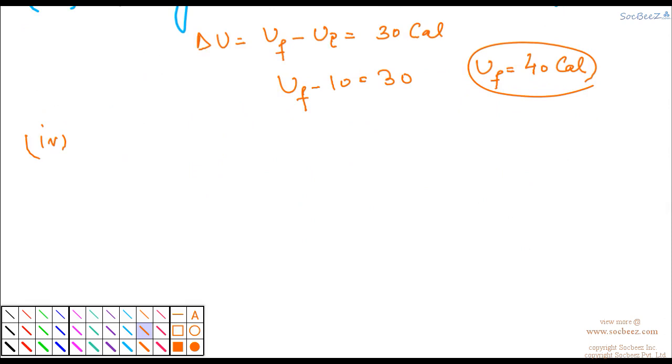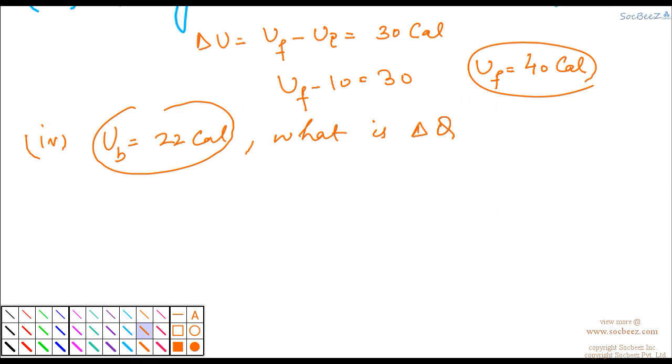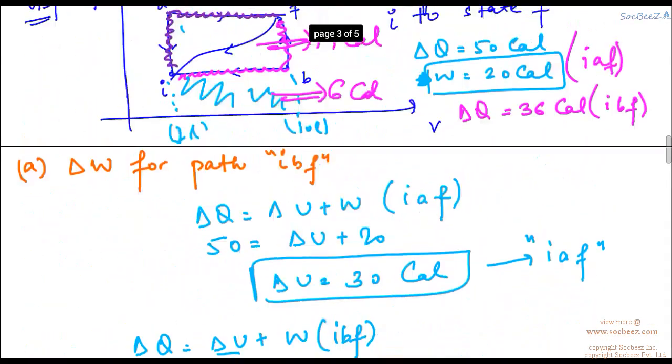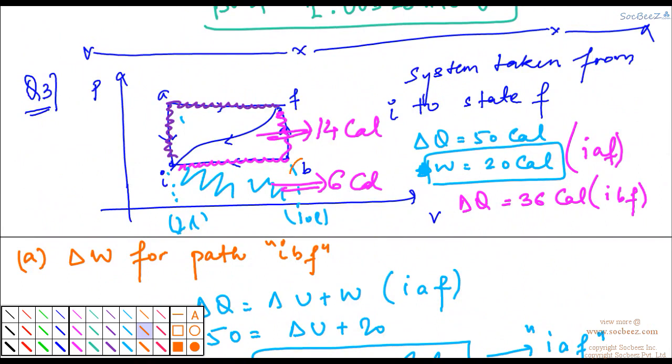So the last part of this question says that, given the internal energy at B is 22 calories, right? What is delta Q for the process IB and for the process BF? Okay, so what we are dealing with over here